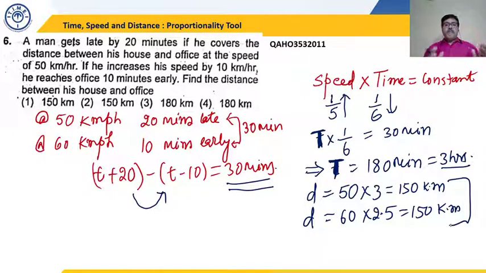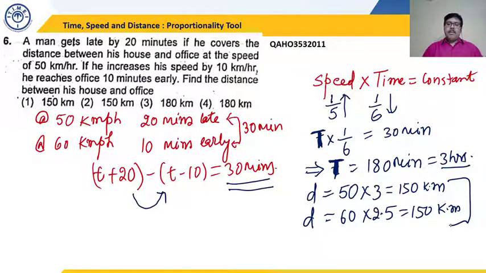Then we discussed three very important tools with their application. One is direct variation when time is constant. Second is again direct variation when speed is constant. And third is inverse variation when distance is constant. And most importantly, the two golden rules. If one of the quantities is increased by 1 by x, then the other one is decreased by 1 by x plus 1 to keep the distance constant. And if one of the quantities increases by a by b, then the second one decreases by a by a plus b to keep the distance constant.